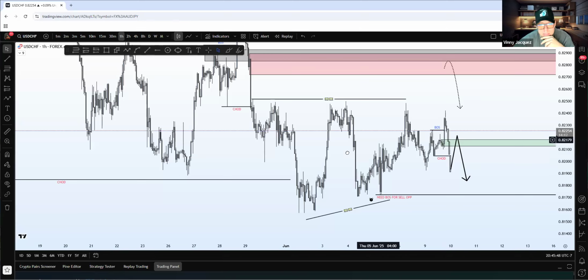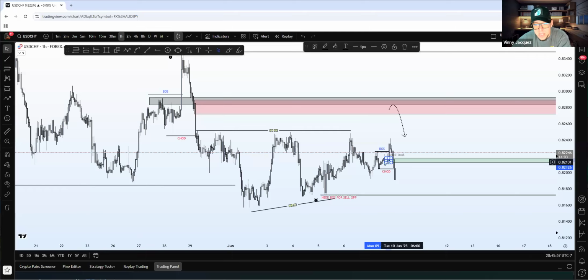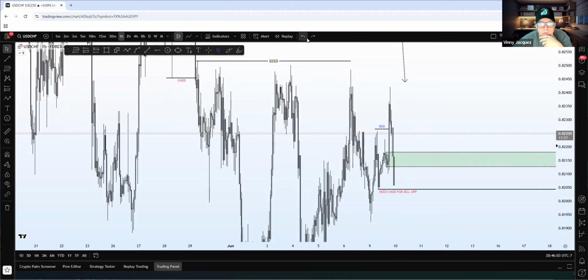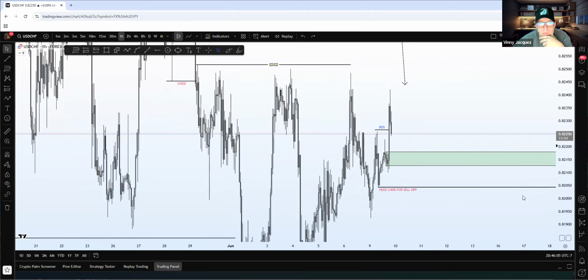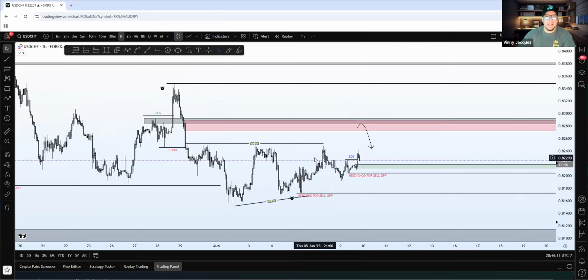I personally have not played inside of USDCHF since this consolidation. I'm literally waiting. So this is the thing, guys. When you can spot a trade and it's just waiting time. Let me go back real quick. When you can spot a high probability trade right here, everything inside this is like, why? Why risk your capital inside of here when you can literally wait and preserve as much capital as possible and just wait right here? Does that make sense?